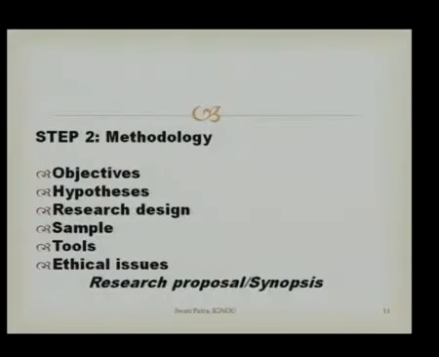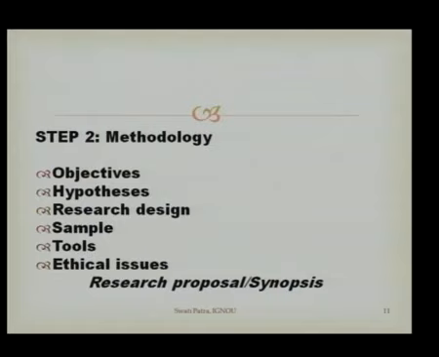Okay, step 2 relates to methodology. After we decide the topic, do the review of literature and frame our research question or research problem, we go on to the methodology section. Here in the methodology section we state the objectives, which are very specifically stated. For example, if you are studying self-concept and mental health in children, we will write: to study the mental health of the children, then to study the self-concept of the children, then to study the relationship between self-concept and mental health among the children, and so on. And related to each objective, we have to propose the hypothesis also here.